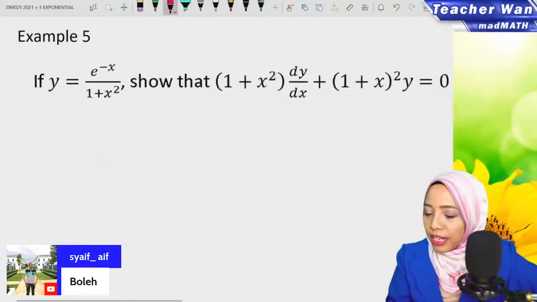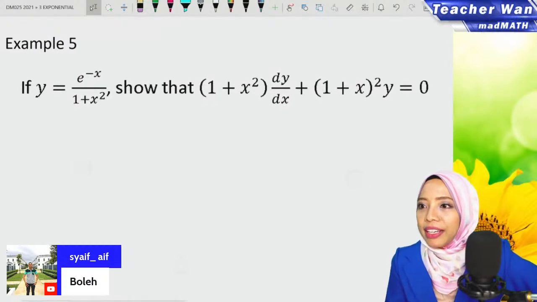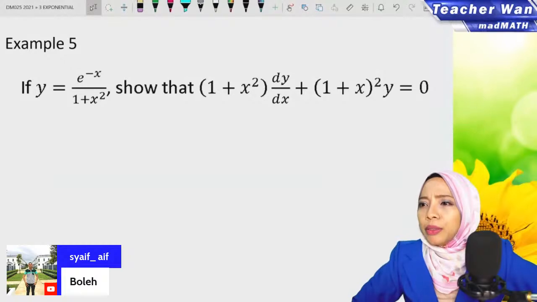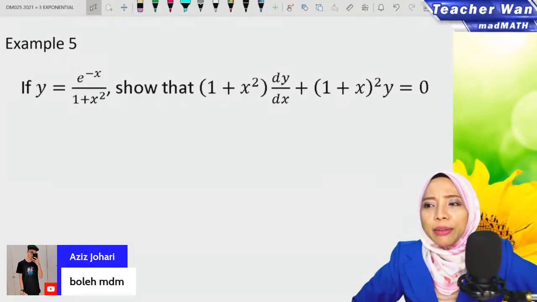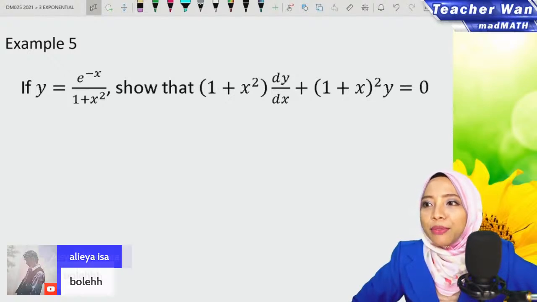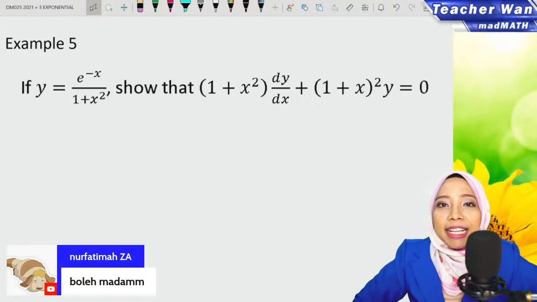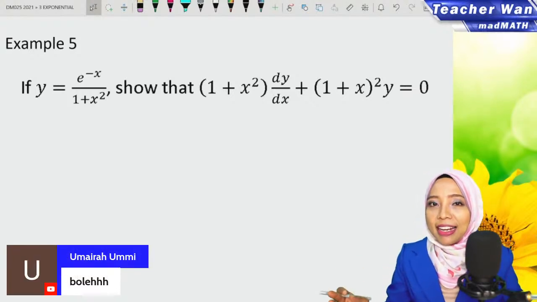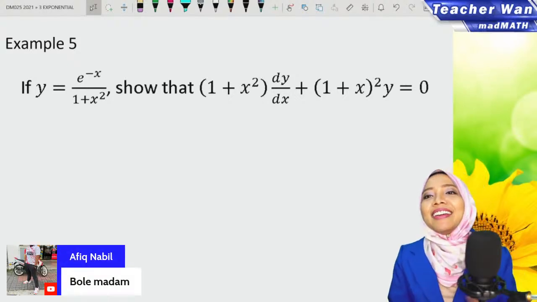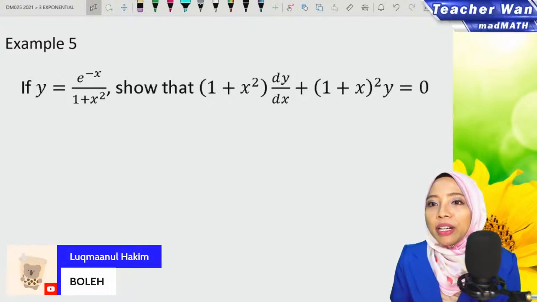Okay, so now, look at this question. Okay, we have Syaif, Aif, Halimatun, Aziz Johari. Okay, Aziz Johari dari mana? I haven't heard your name before. Are you from KMJ? Please write down. If you are not from College Matrikulasi Negeri Sembilan, please let us know which college you are from. Okay, everyone pun nak kenal juga. Madam pun boleh kenal you all. Okay, yes, I see Finabil Luqman. Where is Mirza Haikal?